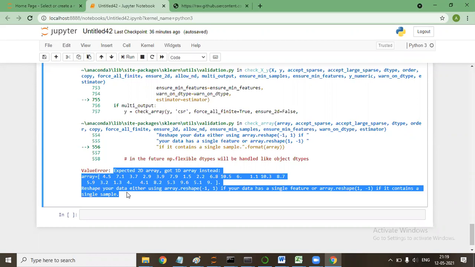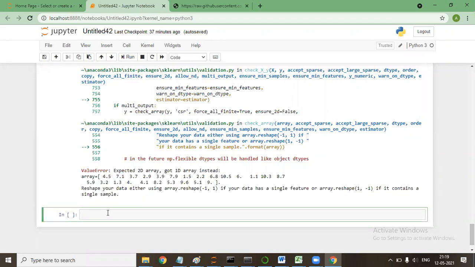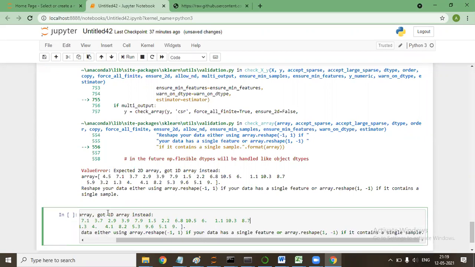So you're saying for linear regression, the X variable has to be a 2D array? No, for linear regression, if you're using a single variable in X, then linear regression in Python has a requirement that it should be a 2D array. Yes, sir. But why is it necessary? I cannot correlate that with the Excel thing.